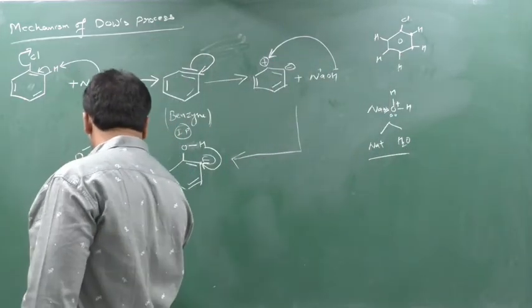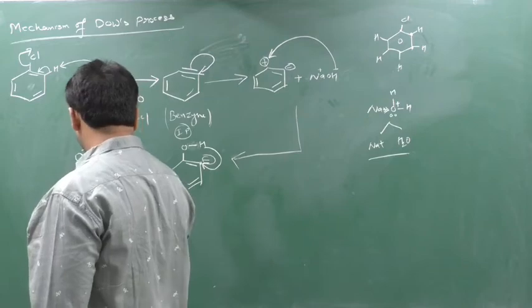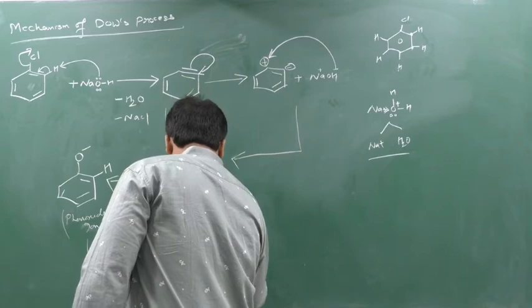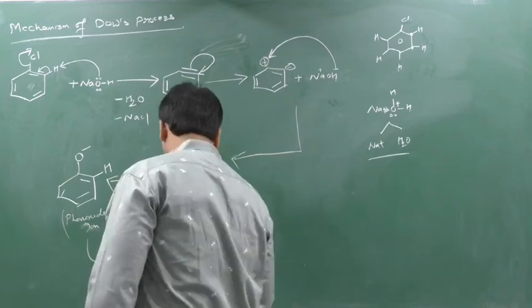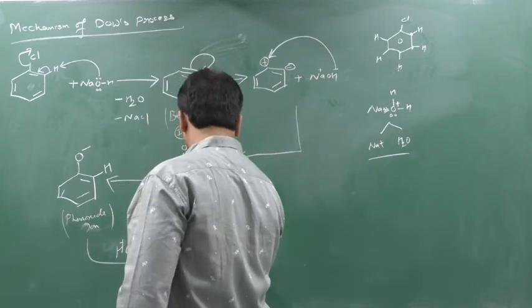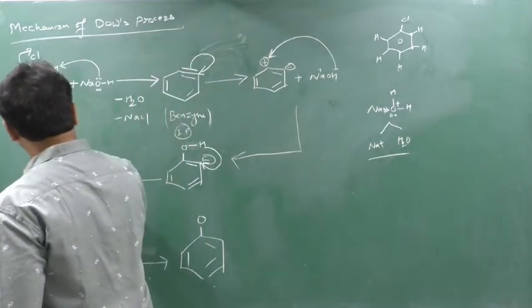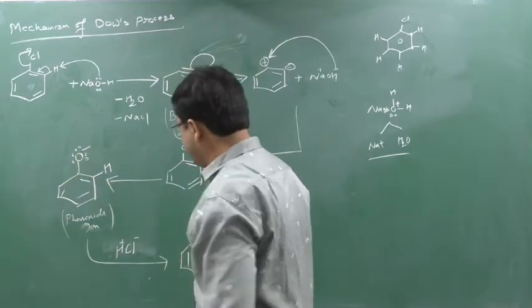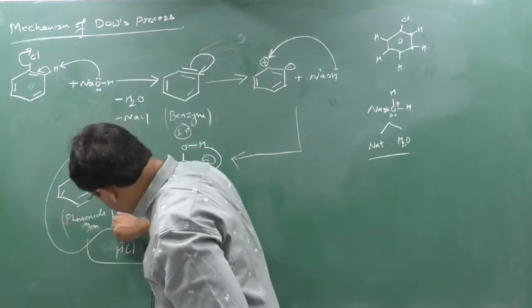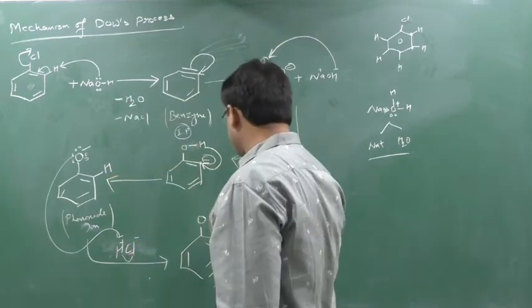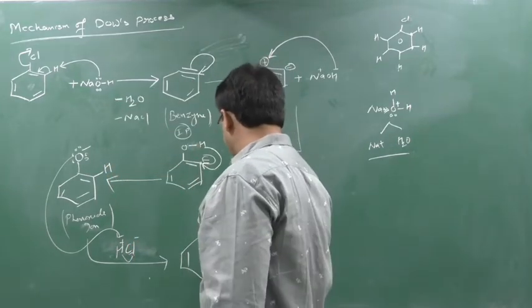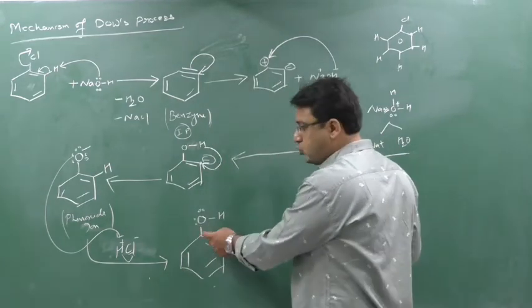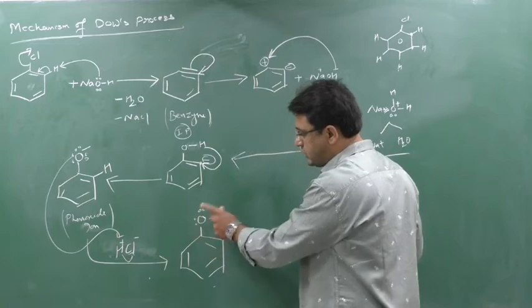This again has a partially positive charge and a partially negative charge. So this oxygen will donate its lone pair to this hydrogen. Yes or no? So this oxygen, out of 3 lone pairs, 1 lone pair will be donated to this hydrogen, and this hydrogen will release HCl. So here H will come. Now no need to show this H. Oxygen has the capacity to make 2 bonds. There are 2 bonds, so no charge will come.